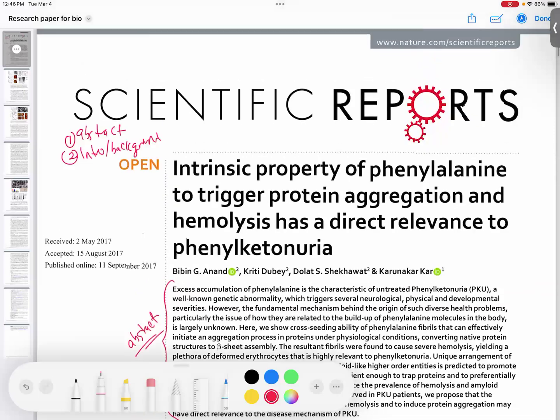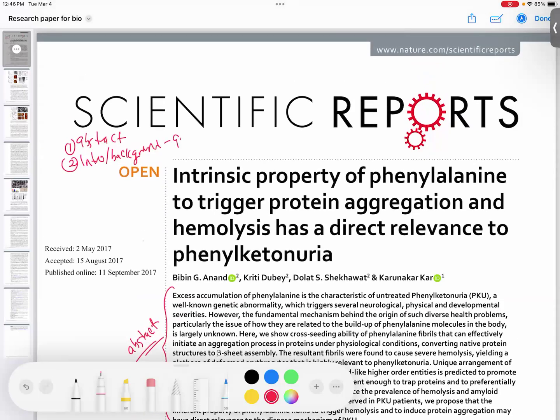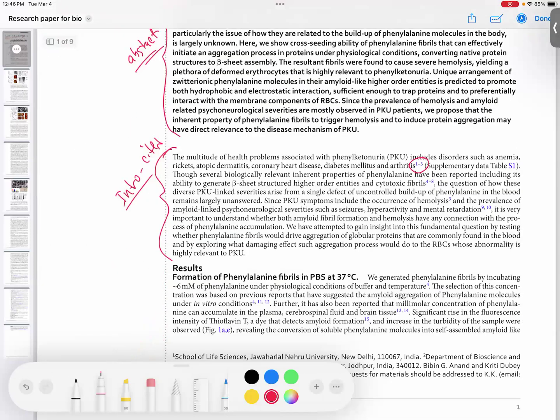So the intro's job is to essentially give background biology, describe the biology of the topic with citations. Okay, so that's one thing that you guys need to practice, is to set your reader up, explaining to them exactly what your field is and what your discipline is. The things we do and don't know,